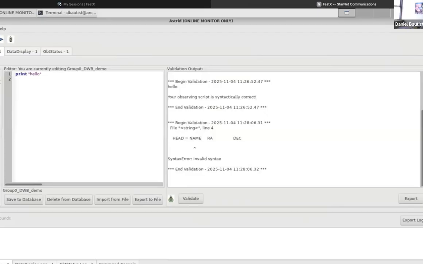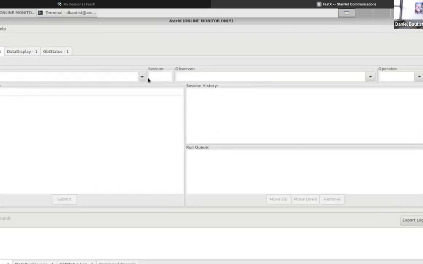So now that we have learned how to set up our observing scripts and check on the status of the telescope, the next important thing is we want to be able to submit our scripts to the telescope to run our observations. So to do that, we would go back to the Observation Management tab, and below that there are another two tabs. One says Edit, the other says Run. For those, we would want to select the Run tab. That will take us to the menus that we will select our observing script and tell the telescope who's going to be in control. So we would navigate to our project,